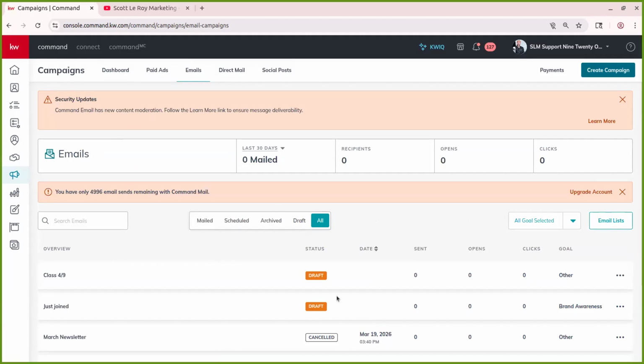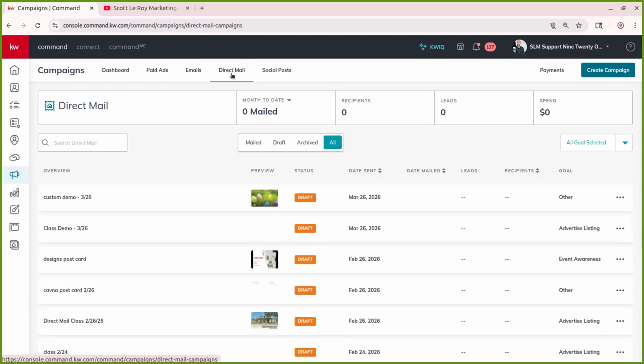So you can send those out to your database, certain contact lists, and this will allow you to get those sent out. Direct mail campaigns where you can send out postcards to your contacts, or you can actually send out postcards and target a specific area. If you're trying to do something like lead generation or farming a neighborhood, things like that, you can do that through the postcards, through the direct mail